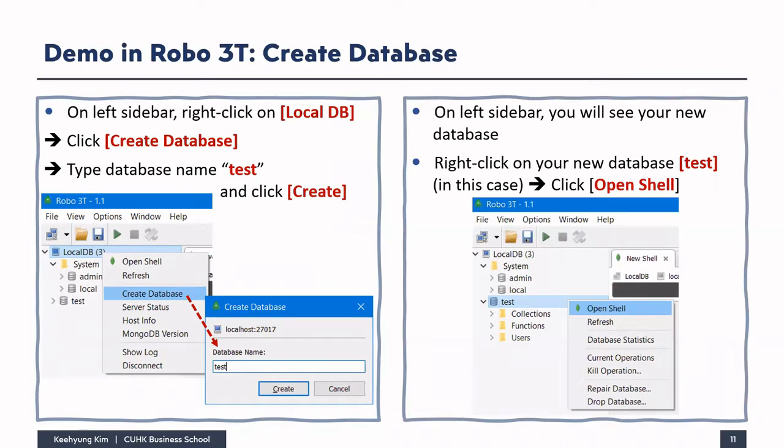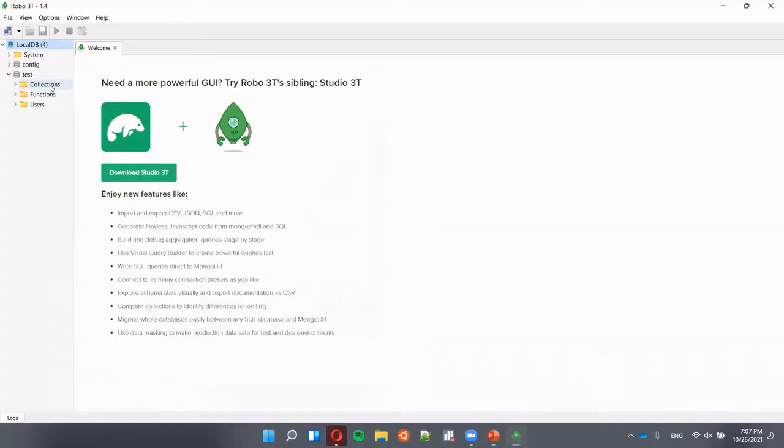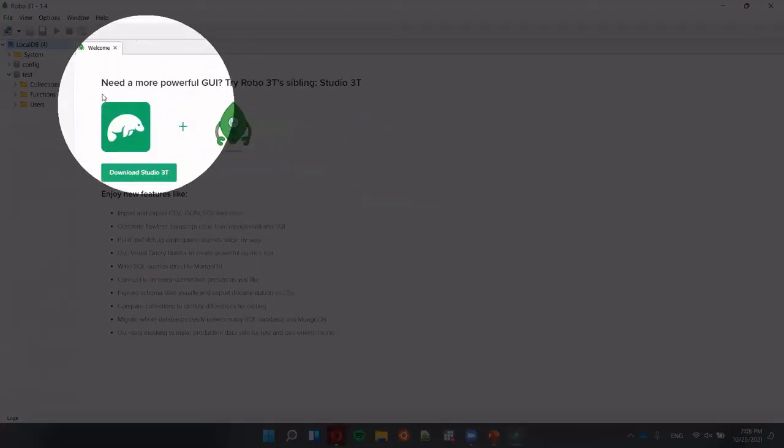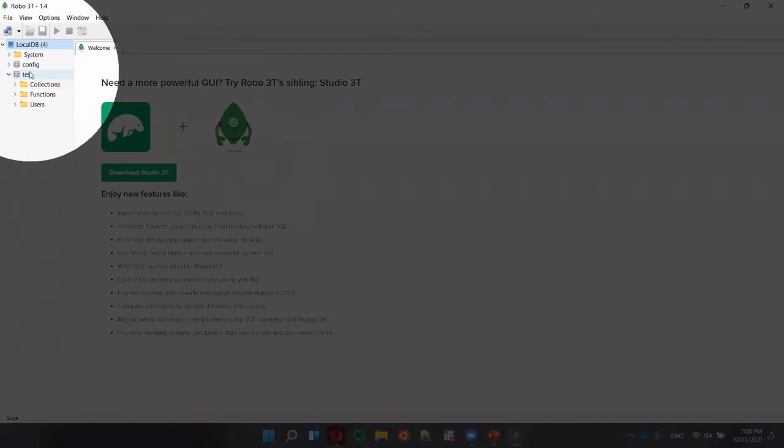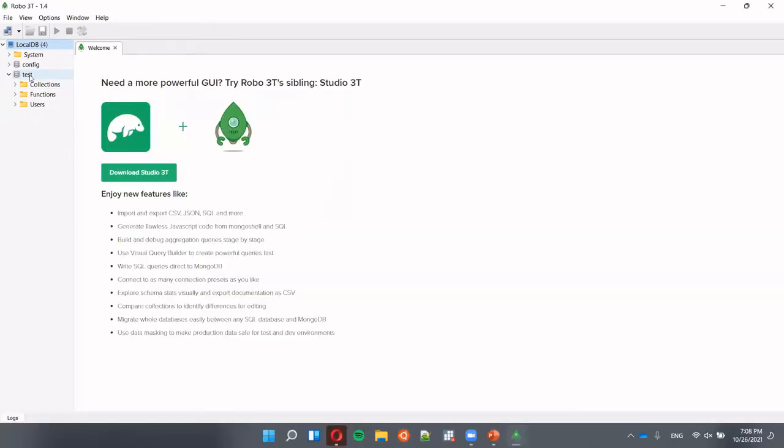And once you create a database, you can actually do something on the database. If you want to perform some operation on a database, you have to select a certain database on your MongoDB server, and then you have to go to the shell to perform some operation. So how to do that is this. After creating the database, on the left sidebar, on the test database, right-click on it. The first option is open shell. So if you click this open shell,